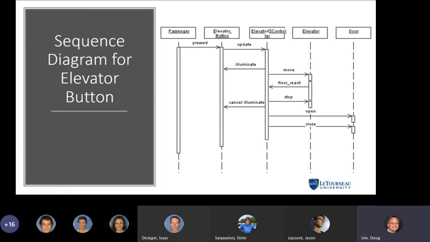Again, I have no qualms with a sequence diagram being replaced with a flow chart, but even if you choose to use a flow chart, you will need to be able to understand how to read a sequence diagram, because it is commonly used in industry for showing the interactions between various classes and the flow of control and of data. So any questions or comments or objections to this diagram?